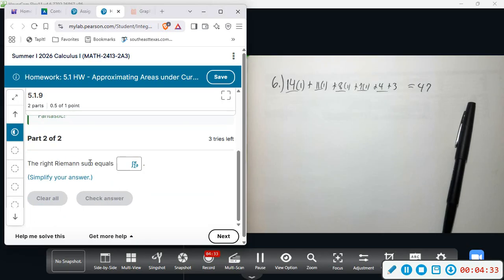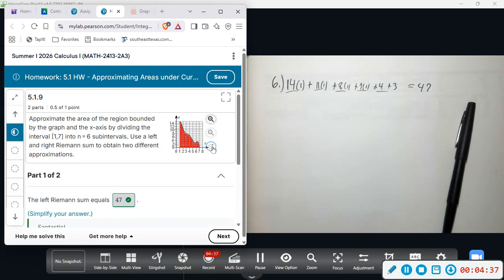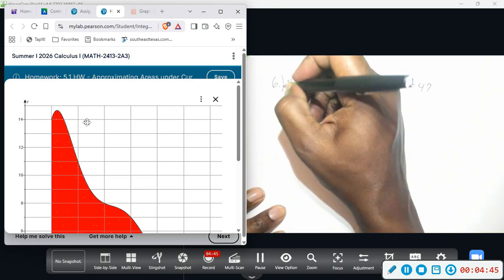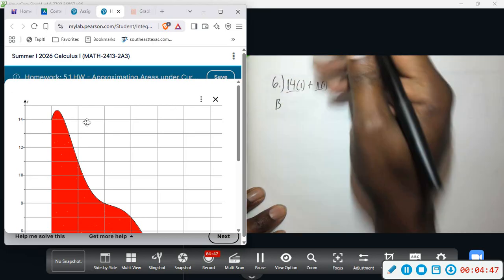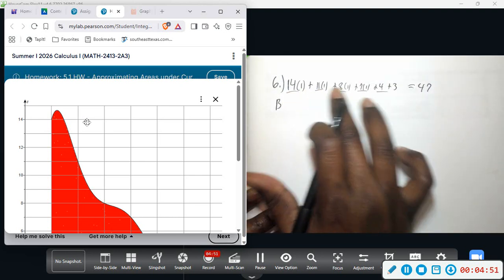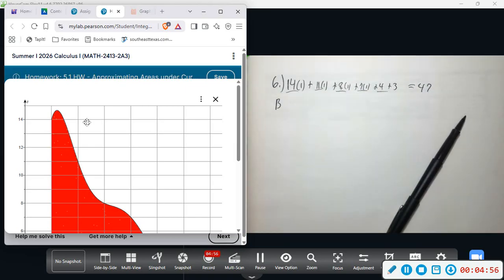All right, 2, we want to do the right Riemann sum. So we're going to do similar, except we're going to do the right Riemann sum. So from here and here, we're going to use the right endpoint. So basically, instead of using 14, we're going to be using 11. So I'm going to go and use each one of these points because these are going to be the right endpoints. So start 14 to here, this line touches at 11, so that's going to be my right endpoint